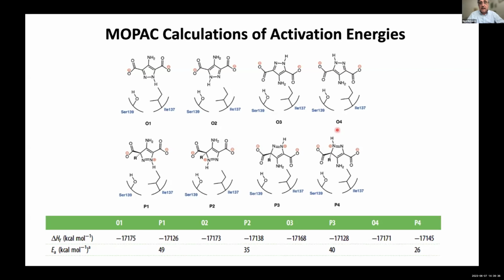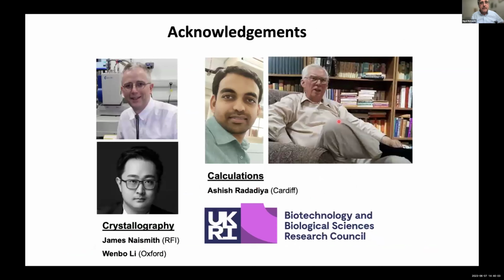And I should point out this information is useful because we're interested in making analogs. We're interested in seeing if we can vary these kinds of molecules to generate new kinds of structures. And we're in the middle of that right now, using calculations to try and understand how electronic differences in the heterocycle will affect reactivity and the energy of activation. So that's really what I wanted to tell you about today.